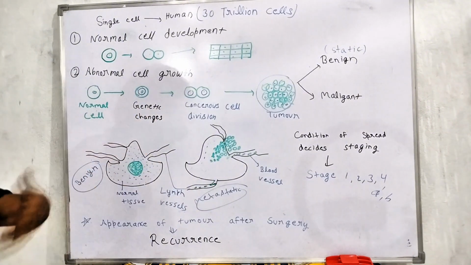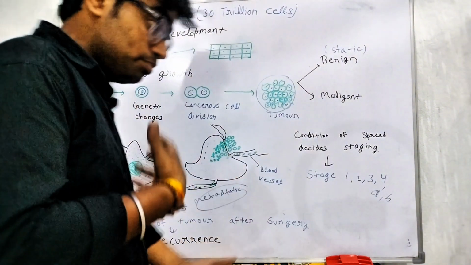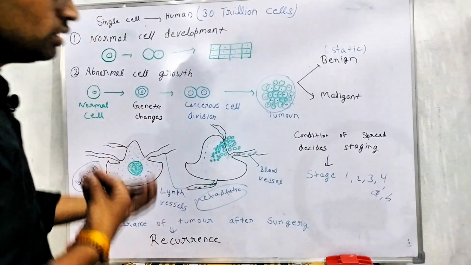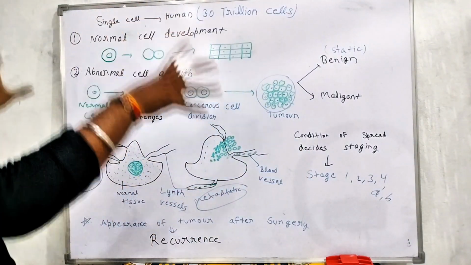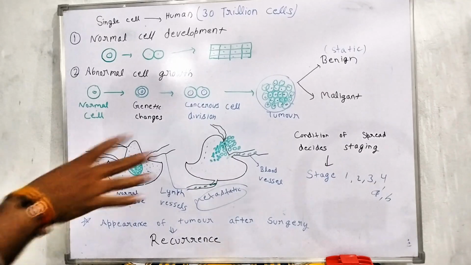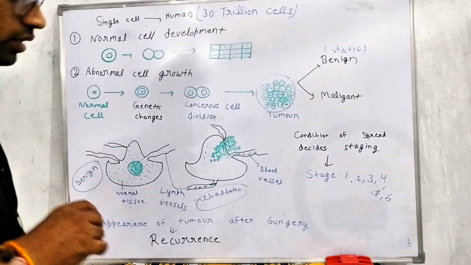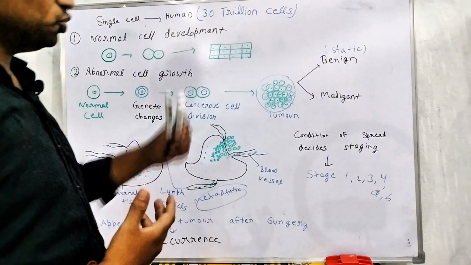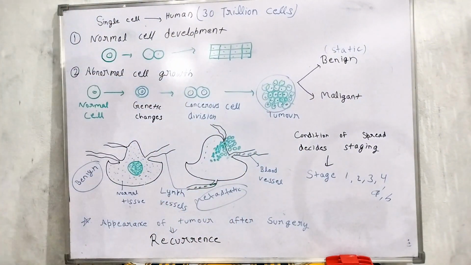Yes, there are some treatments, there are some preventive measures. Still, we are working on cancer, but it is not completely curable. But yes, the lifespan of a human suffering from cancer can be increased up to 5 to 10 years and much more. There are some treatments like chemotherapy and immunotherapy that can be used in the treatment of cancer.